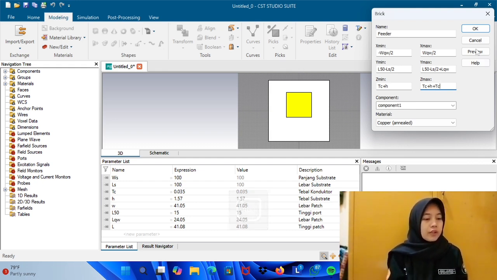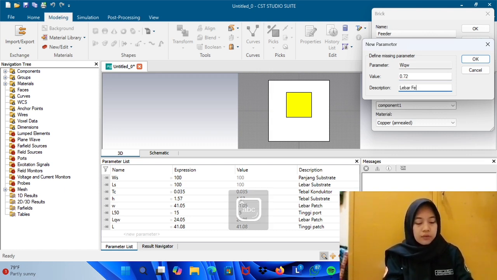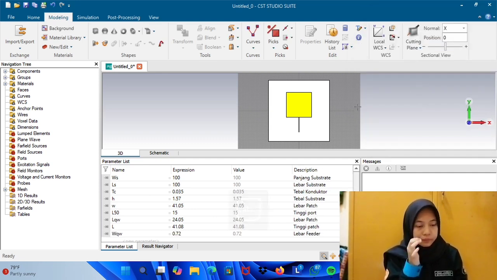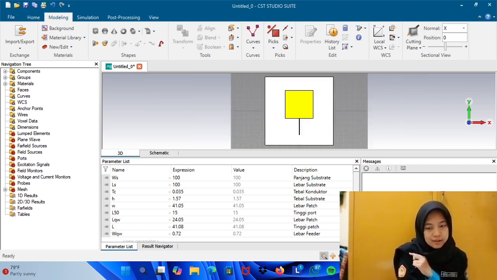Material copper. Preview. Click OK. 1.70 for the width of the feeder. Okay, you zoom, you make a zoom, you can see. Okay.